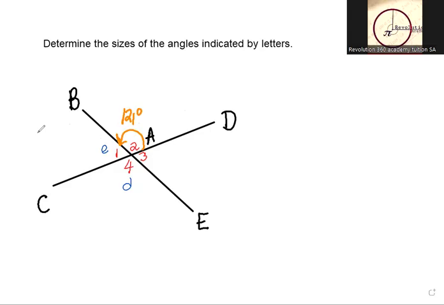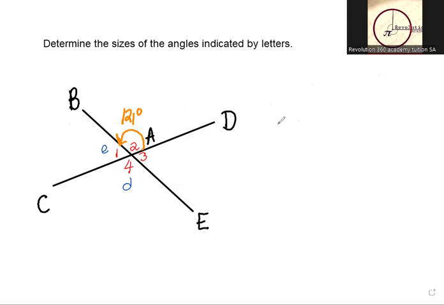Hi guys, in this session we'll be dealing with Euclidean geometry for grade 8. As you can see here, we are given two straight lines that are intersecting at point A, and they're saying determine the size of the angles indicated by letters. In order for us to determine the sizes indicated by letters, we're going to be using the concept of